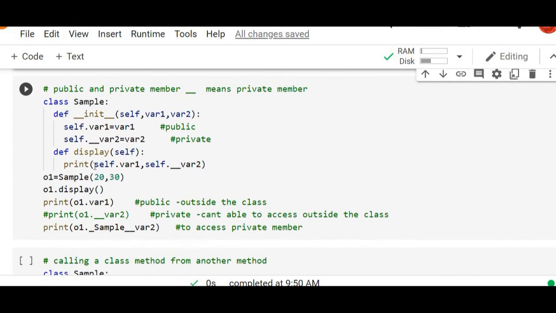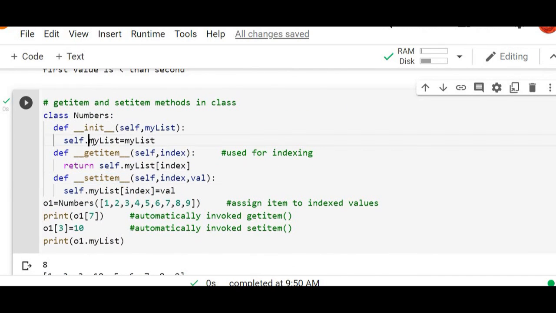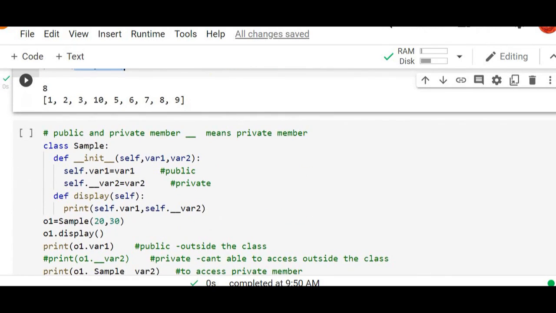And one more important concept in class is public, private and protected. They are called access specifiers. By default, if we don't specify anything before this variable name, it is public and hence this public variable can be used throughout your program. Whereas if we give it as private, it can be used only within the class definition of the same class and it cannot be accessed outside the class. Public means it can be accessed throughout the program and protected means it can be accessed only in the immediate derived class.